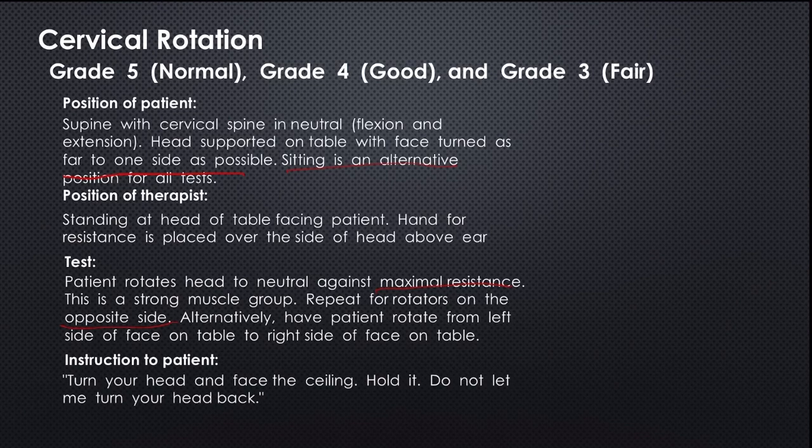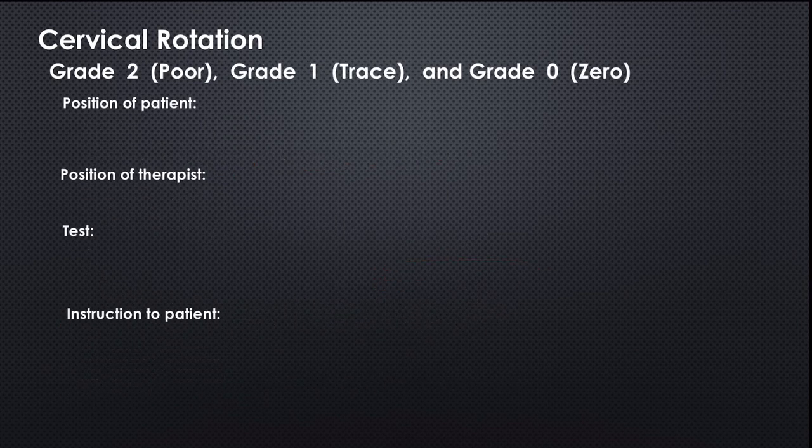So in the book, there is no picture for this one. So just imagine trying to resist the head turning of the patient by providing the resistance above the ear of the patient as they turn. Okay, because this muscle group is a strong muscle group, they can somehow resist maximally. Okay, so for rotation,